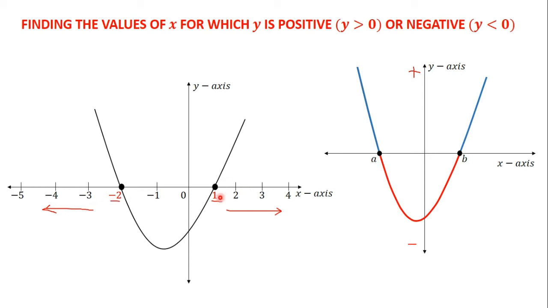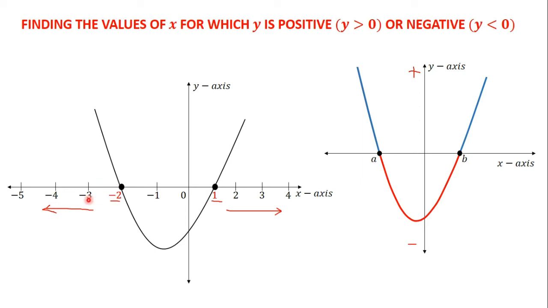These two x-intercepts will divide the x values into three different parts. The first part are the x values that are on the left hand side of -2. The second part are the x values that are on the right hand side of 1. And the third part are the x values that are between -2 and 1. Now we can see that the x values that are on the left hand side of -2 are all less